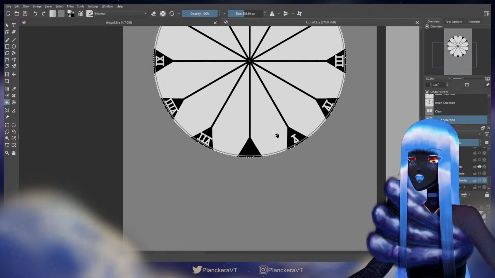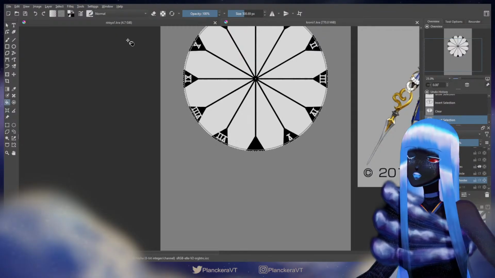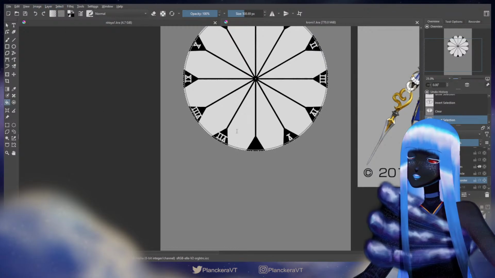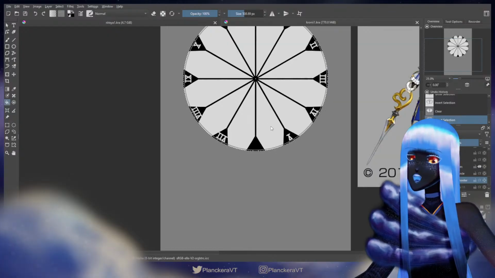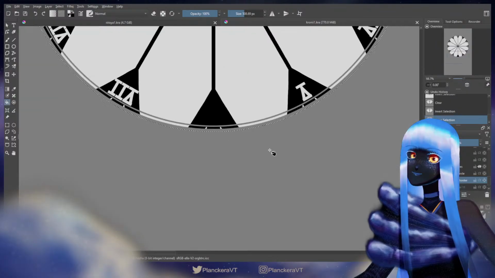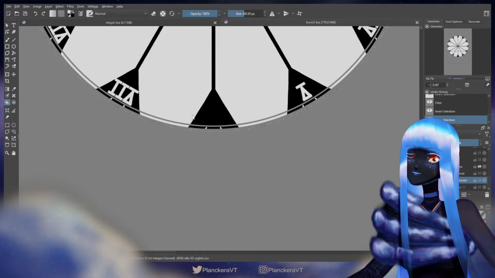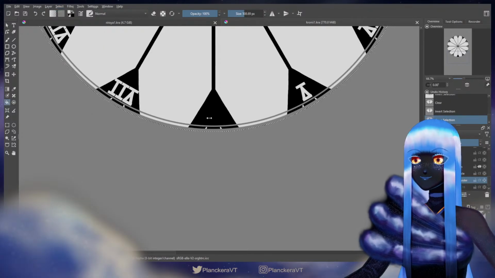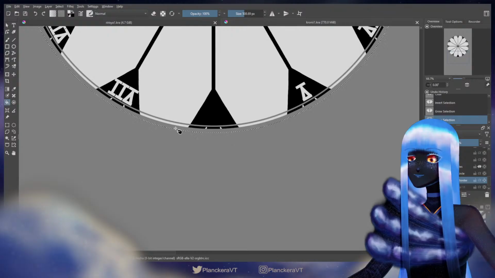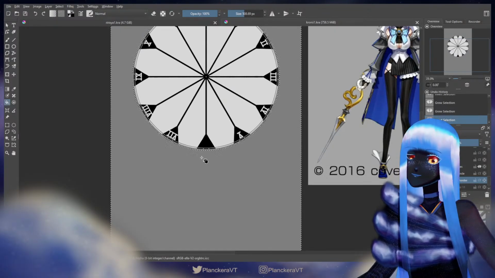So I'm going to invert the selection again, and I'm going to grow it. I think I want this one to be a little further apart. So if that's a width of 12, then I think a width of 16 will be perfect for the space between them. A little bit more, actually. I changed my mind. I want it to be more. Gotta add 6 more to it. I think that's good. Okay.